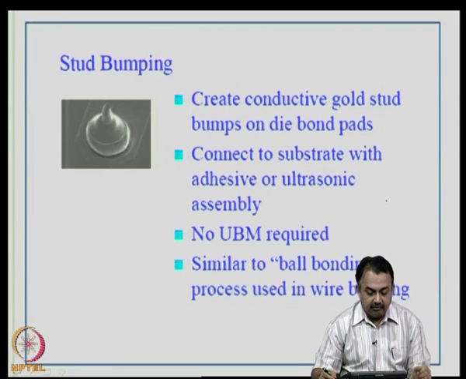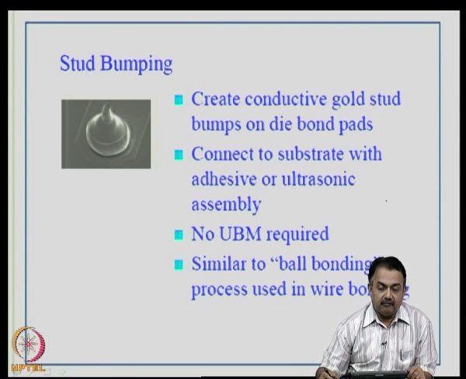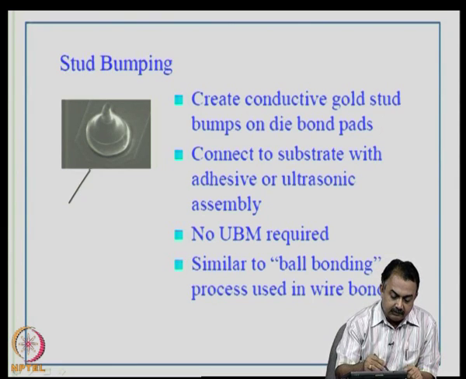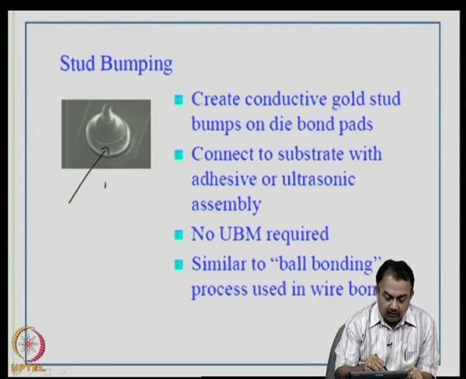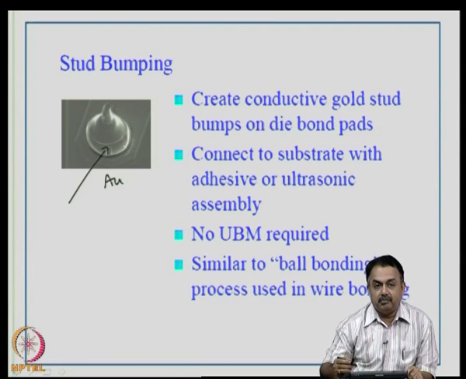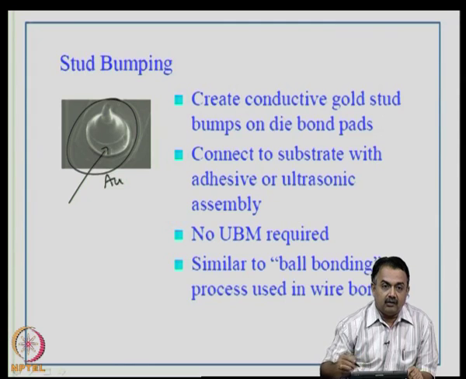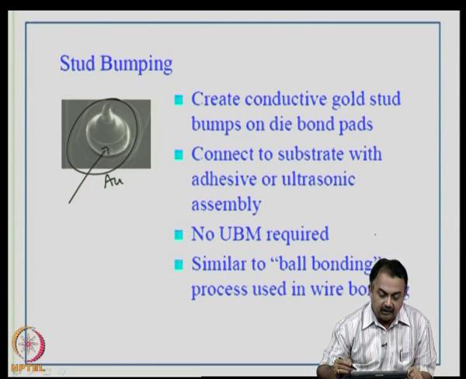So, what is a stud bump? A stud bump is different from a normal flip chip bump, where you simply dispense a typically gold stud, like a ball bonding process that you see here. A spot of gold material is dispensed on the bond pad and then it is cut off. Simply imagine a typical ball bonding process to create a stud. You are not going ahead with the loop, but you are simply cutting off the gold material after the stud